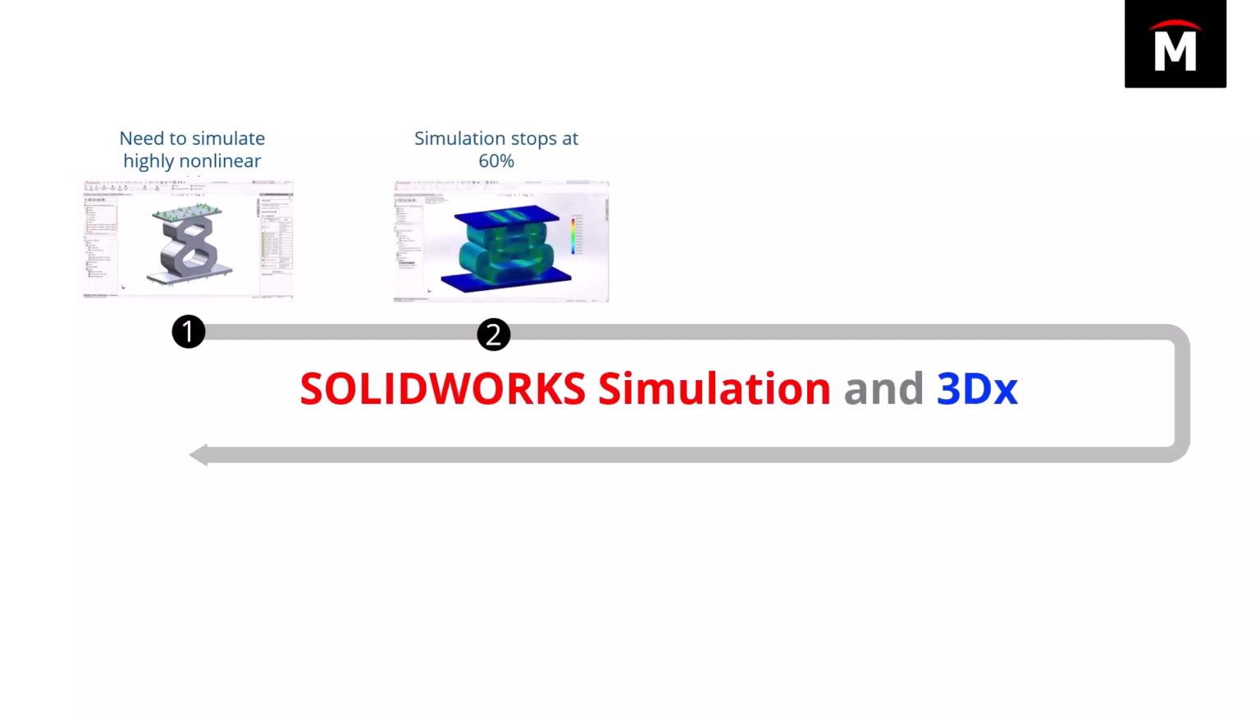So I'm inside of SOLIDWORKS and I have a part that I'm going to run a nonlinear analysis on. Something that is made out of rubber, let's say, has a nonlinear material. I'm going to be compressing quite a bit, so a lot of strain in the material, a lot of nonlinear contact. Well, you can run this in SOLIDWORKS Simulation Premium, but you might find that it stops at 60%